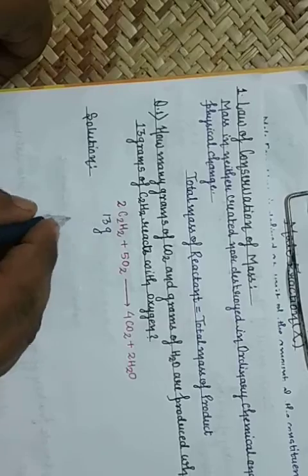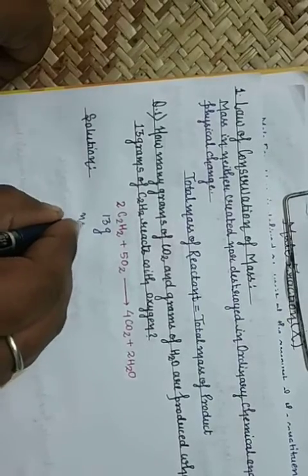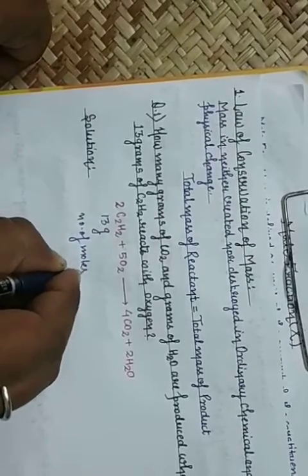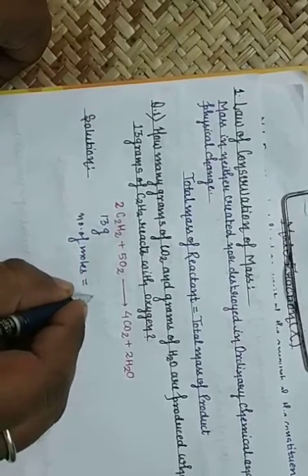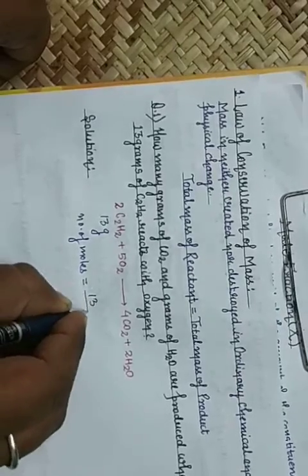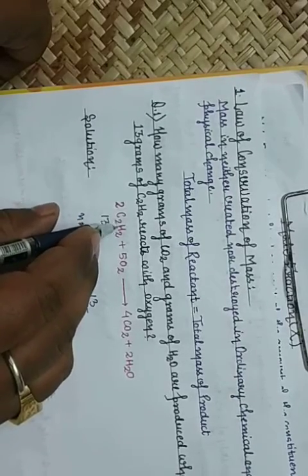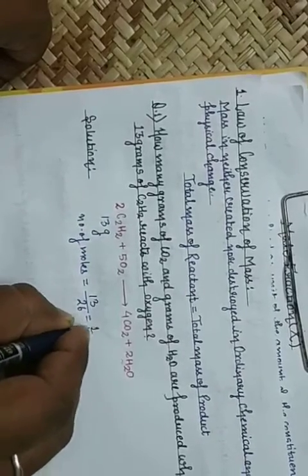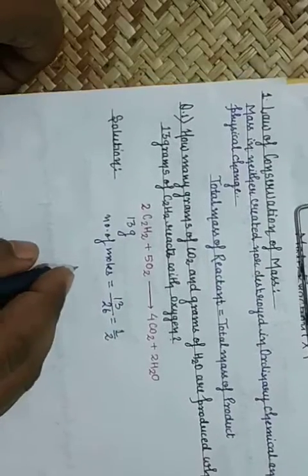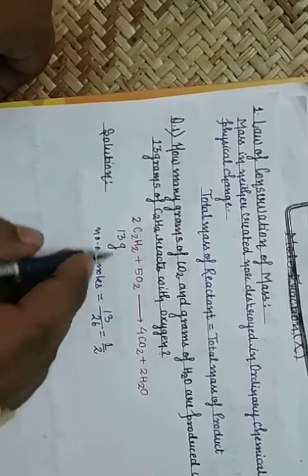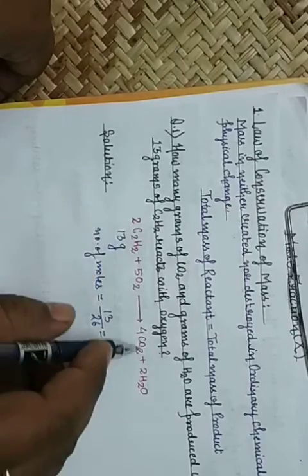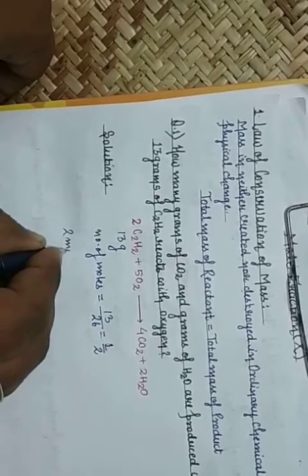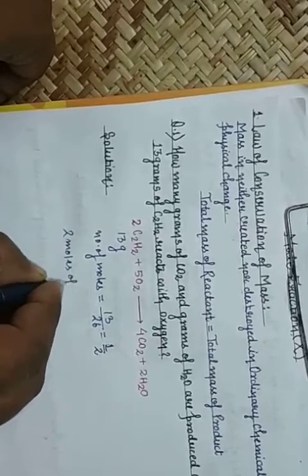First you find the number of moles for C2H2. The formula is mass upon molar mass. The mass is 13 and the molar mass of C2H2 is 2 carbon, it means 24 plus 2, 26. So 13 by 26 is 1 by 2, it means 0.5. So the number of moles is 1 by 2. Now the stoichiometric coefficient is 2 and there is a 4. So you write down 2 moles of C2H2